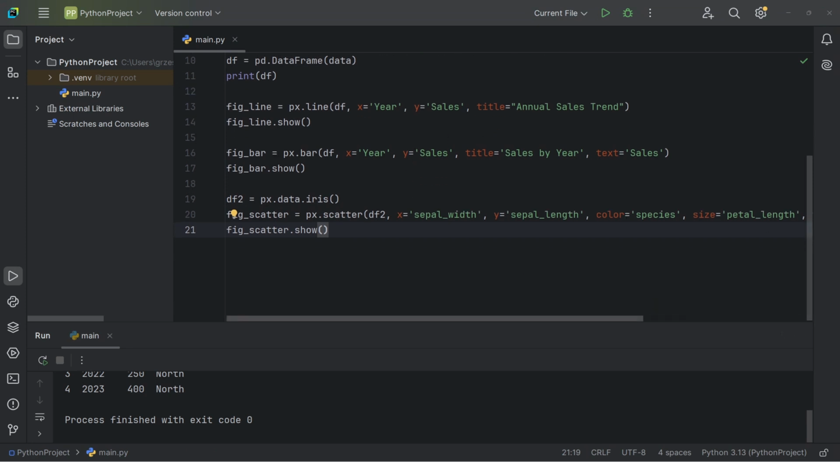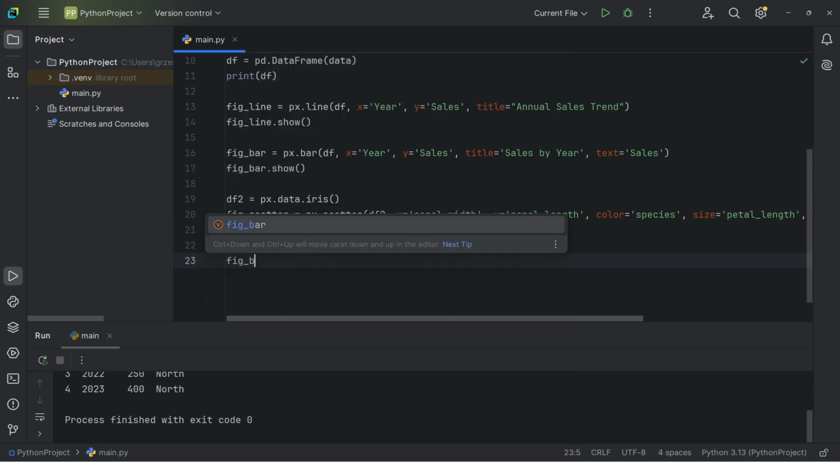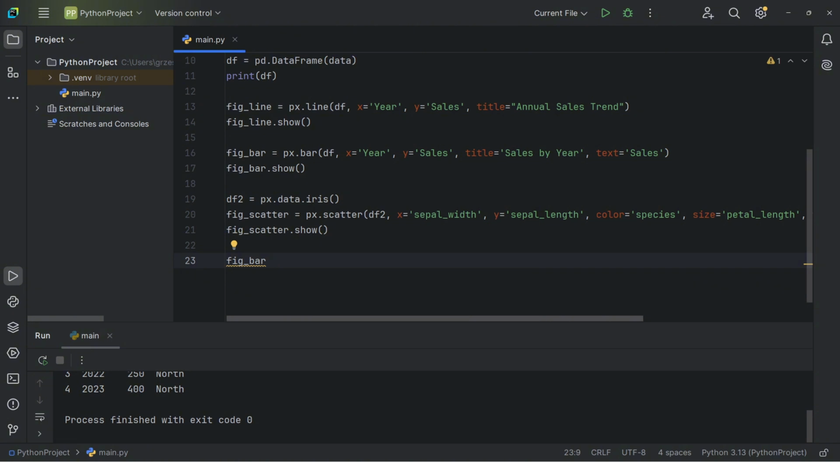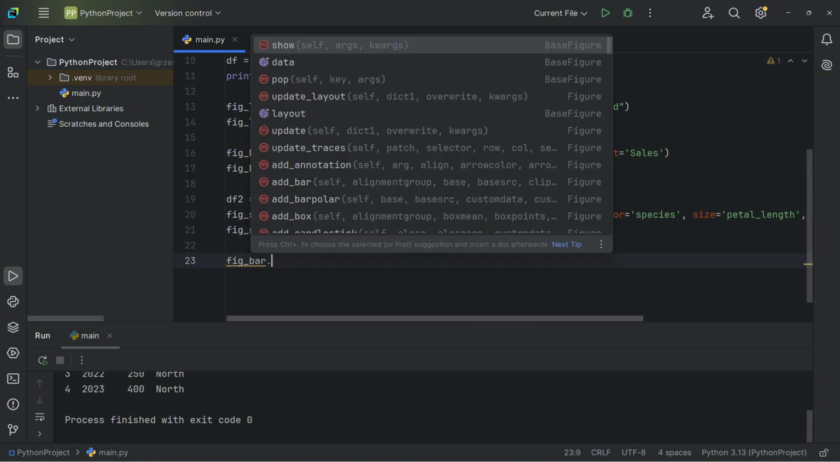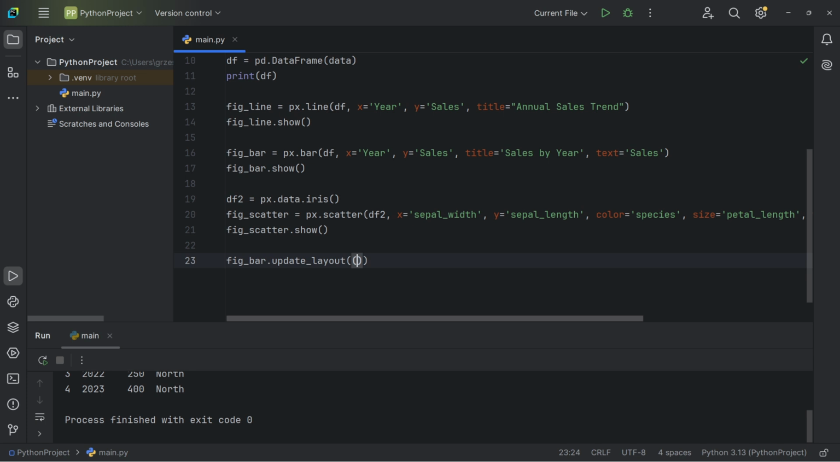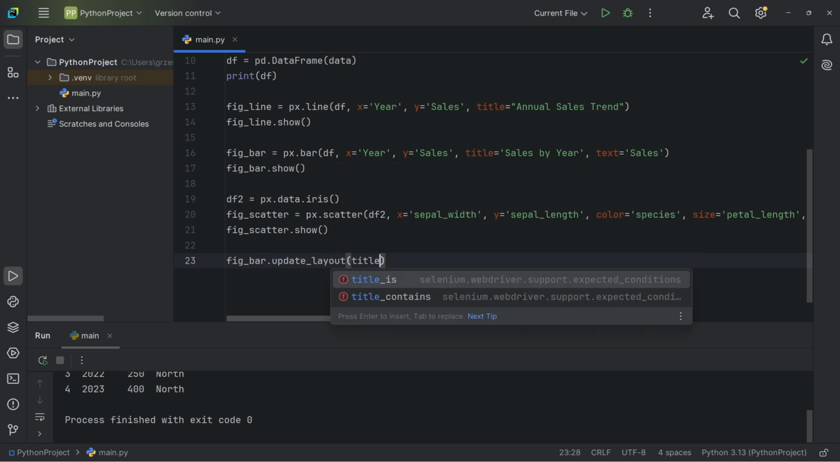Okay, we've got the scatter plot, we've got the line and bar charts, but also we can customize everything, from titles to axes to colors. So everything that we would like to have. For example, fig_bar dot, and here we've got update_layout, and here we can set the title,